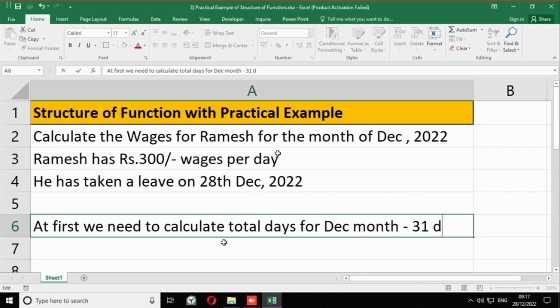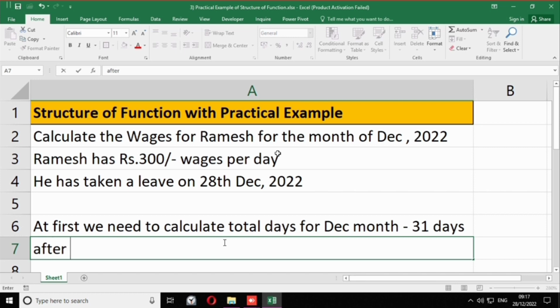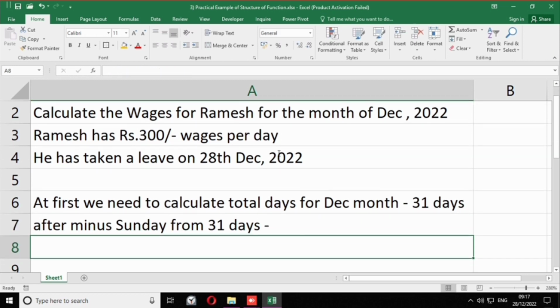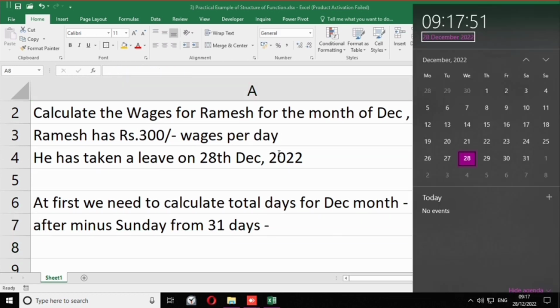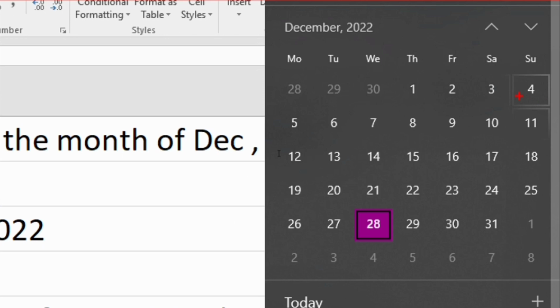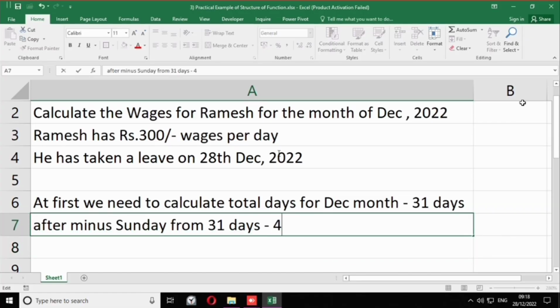Now after subtracting Sundays from 31 days. What is the total number of Sundays? There are 4 Sundays, we can see 1, 2, 3, 4. So 4 Sundays should get subtracted, so that will be 27 days.